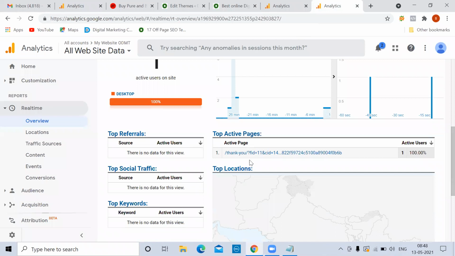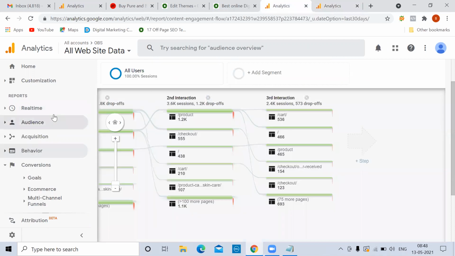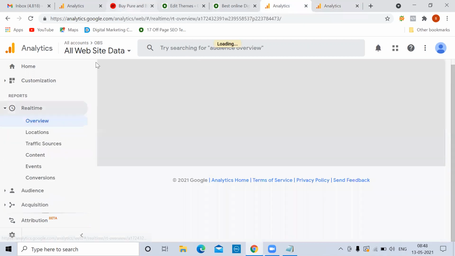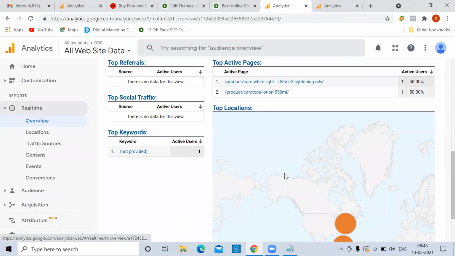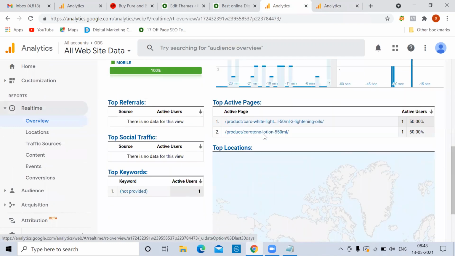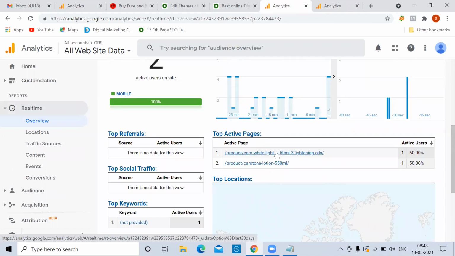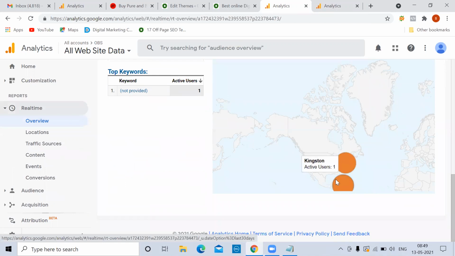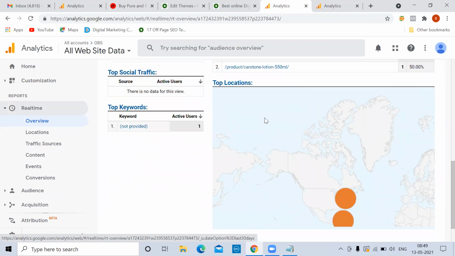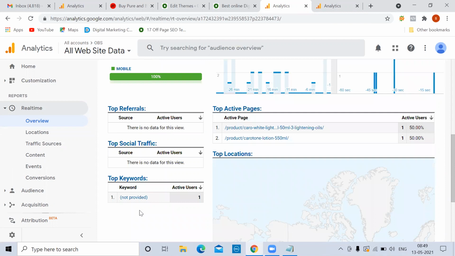So here, you can see where the customer is showing. When I open my website and see this data, I feel okay, customers are on the thank you page. Even for this e-commerce website, always look here at where the customer is. The customer is on the product page only, from different places. Here it is showing not provided, which means the customer came from Google actually.